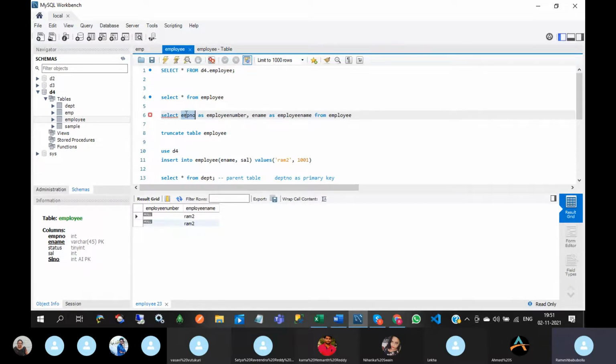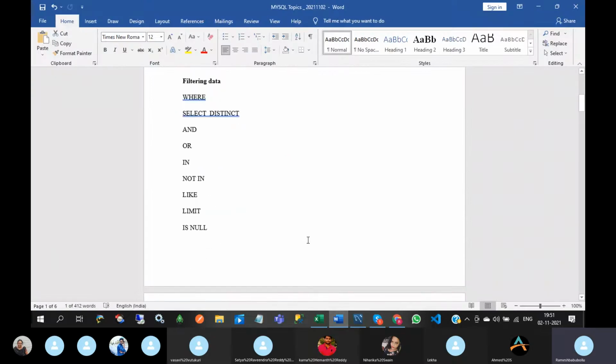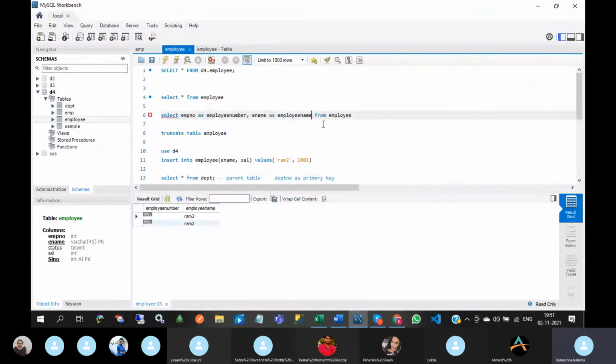In table column name is EMP number, but in select query we are changing that column name. It is not applied to table level. Okay, so this data set level only these changes will be applied. Okay,